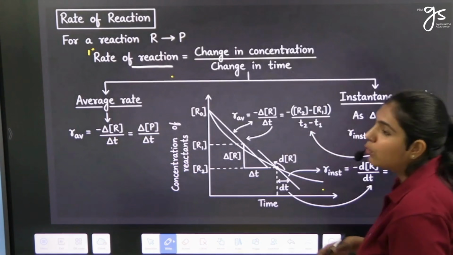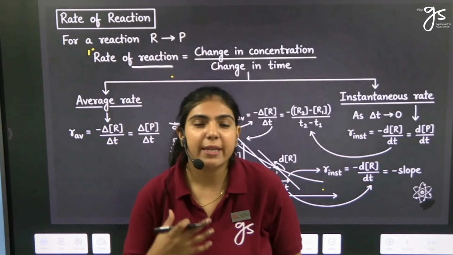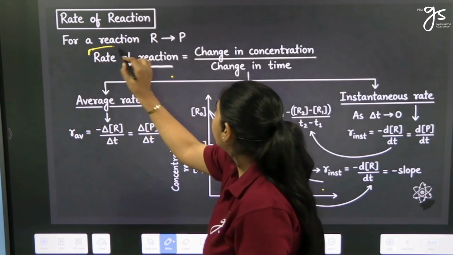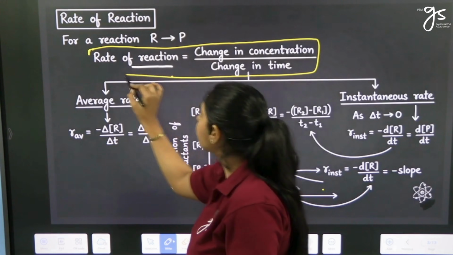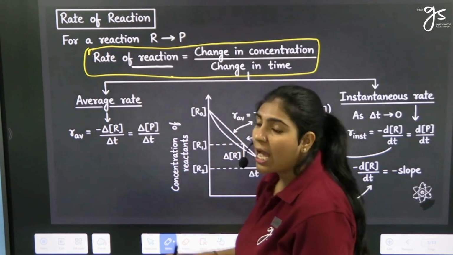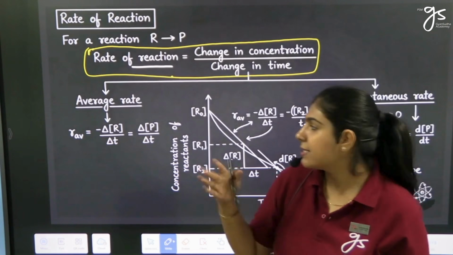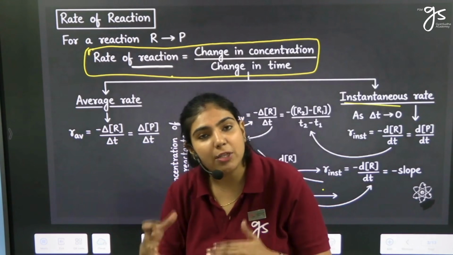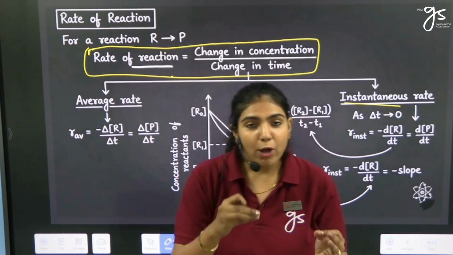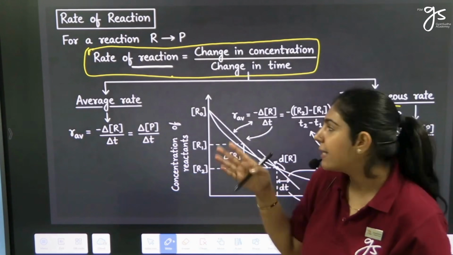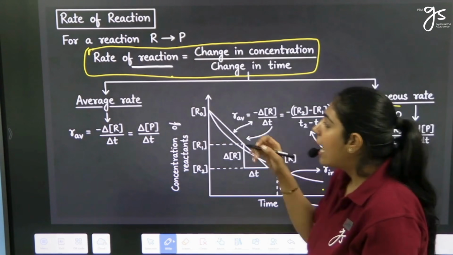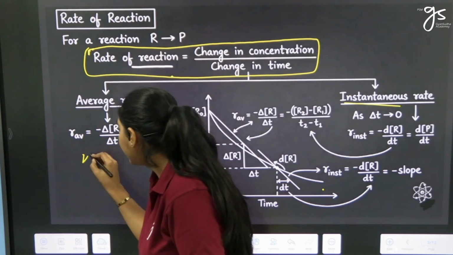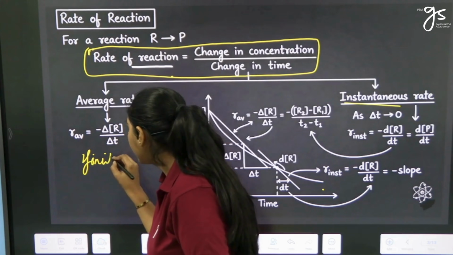So first of all, you know that in chemical kinetics, we discuss the rate and the speed of the reaction. And we all know what the rate of reaction is. That is, the rate of reaction is the change in concentration with respect to change in time. And there are two ways to write the rate, that is average as well as instantaneous. Instantaneous itself tells that for an instant period of time when we write the rate, that is the instantaneous rate of the reaction. And for the average, when the difference is finite, the range is finite, for calculating the rate, then we calculate the average rate of reaction.